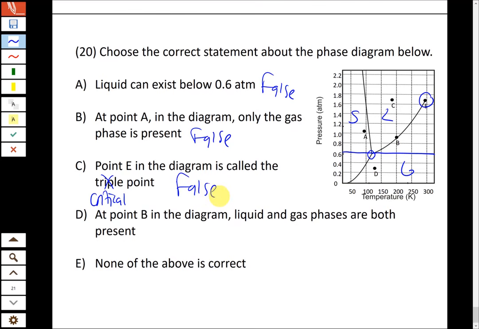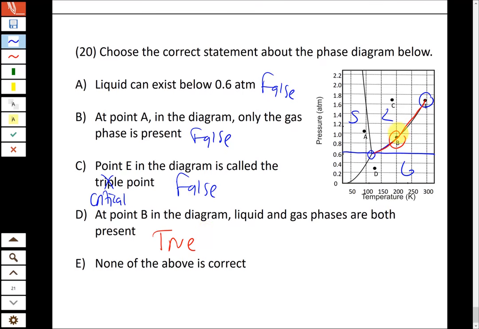All right, and then finally, at point B in the diagram, liquid and gas phases are both present. So this one is going to be true, because anytime we're on the liquid gas line, let me highlight that in a different color. So if we're on this line here, which separates the liquid and gas regions, if we're right on the line, which is true for point B, that means both liquid and gas exist together. That would be basically where that phase change occurs between liquid and gas. And so this one's going to be the one that's going to be true,